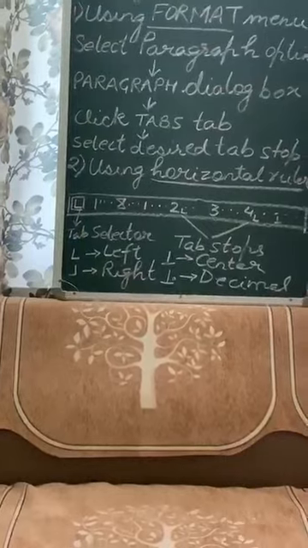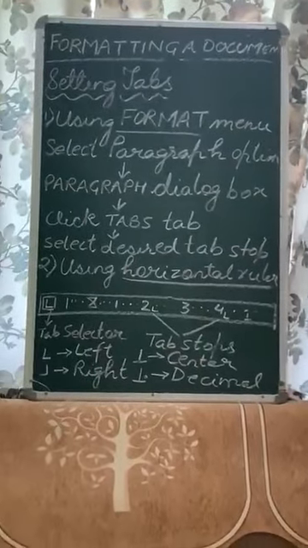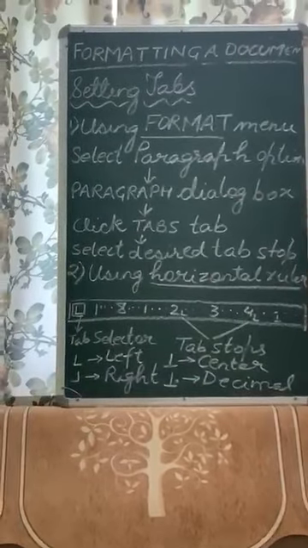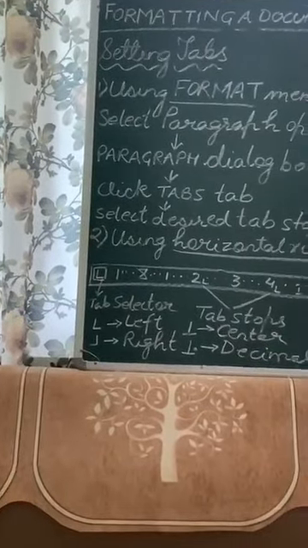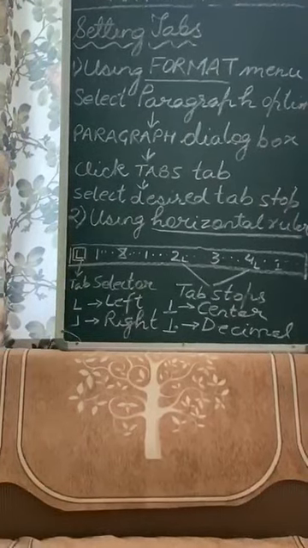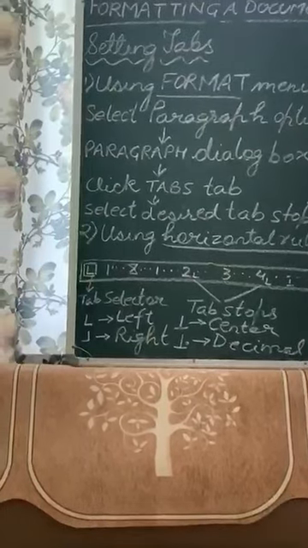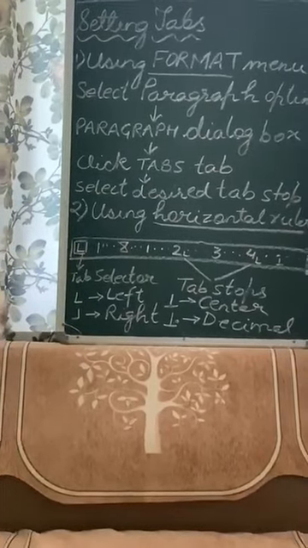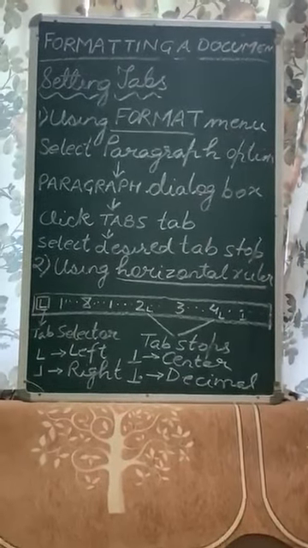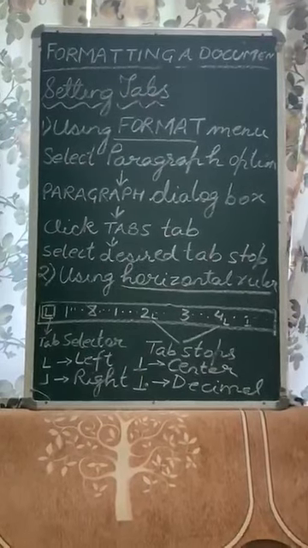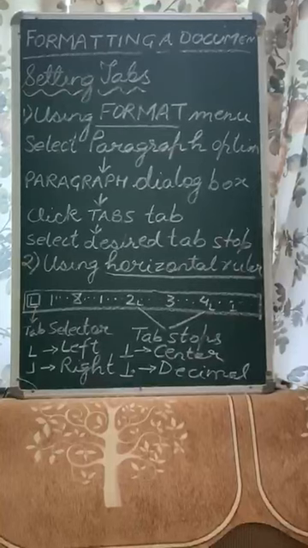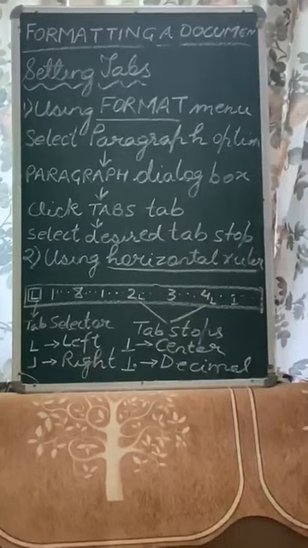Now moving on to the decimal tab stop, once more I will tell you that when a line does not feature a period, what is a period? A dot, the decimal dot. Text typed at the decimal tab stop is right justified. That means whatever you type after that decimal, if you select this tab, it will move towards the right only. It will not go to any other position. So this tab stop can be used inside a table cell also, or columns, to align the values.